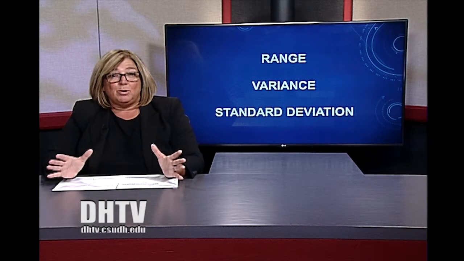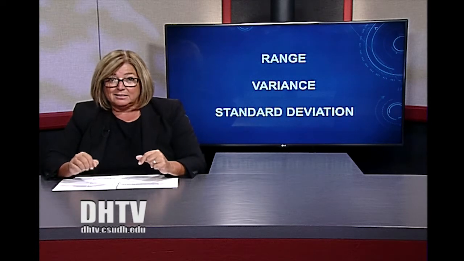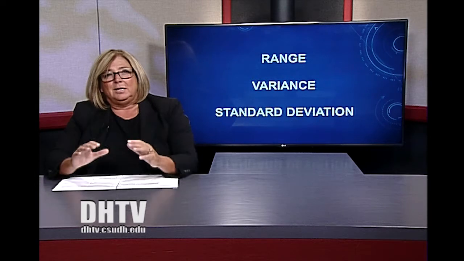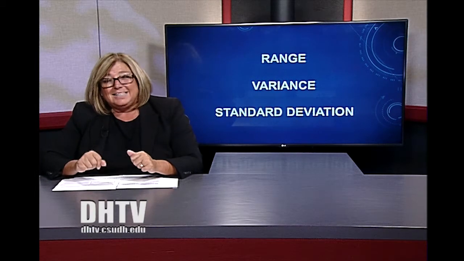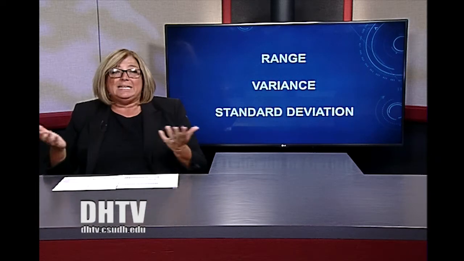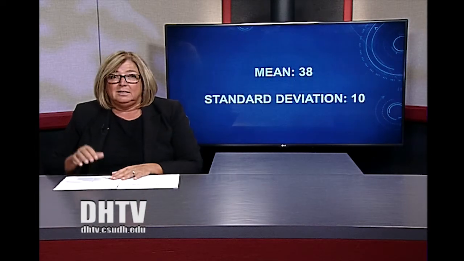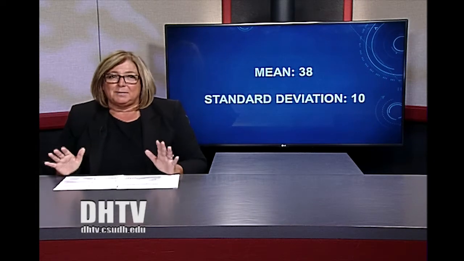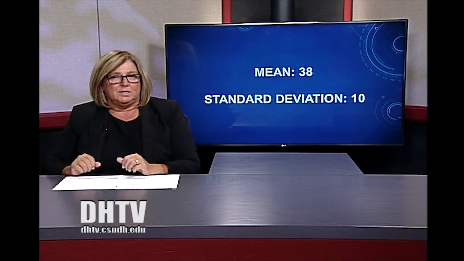So we've seen the importance of the standard deviation, and we understand its relationship with variance. So now we want to start thinking about an example that we could use to make it even more concrete. Let's say I had a mean age of 38 in the sample that I've collected. And maybe, just for simple purposes, I had a standard deviation of 10. That's that variance in standard measurement, right?